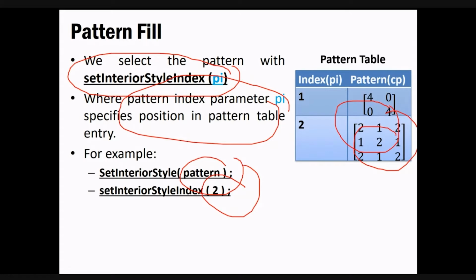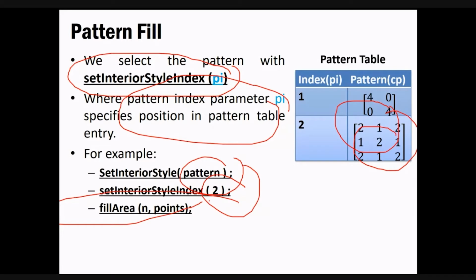If you want a particular thing in your own object, then you can create your own. How can you do it? With fill area, and inside that we have two parameters, that is n comma points. So you have to go through all of this, and one thing you can keep in mind is that once you deal with this, you have to remember each and every index, because in the examination or in the MCQ part you can expect this.